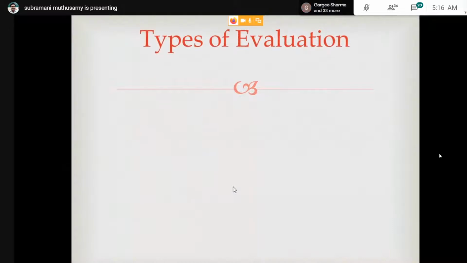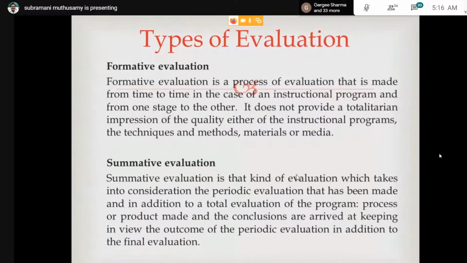The first one is formative evaluation. It is a process of evaluation that is made from time to time in the case of an instructional program, from one stage to the other. It does not provide a totalitarian impression of the quality either of the instructional programs, the techniques and methods, materials, or media. The next one, summative evaluation, is the kind of evaluation which takes into consideration the periodic